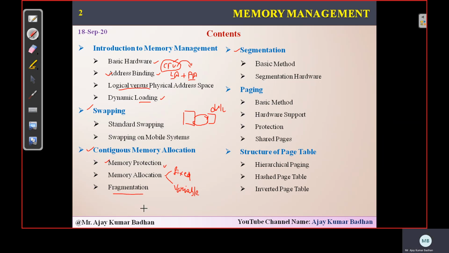And then finally we have fragmentation. Fragmentation is nothing but small pieces of information, or small pieces of memory, that are left unused. That is what we call fragmentation. This also has two types that we will come across: external fragmentation and internal fragmentation. We will see what we mean by external and internal. These are important because we also have programs related to fragmentation, so we'll discuss how external and internal fragmentation take place.